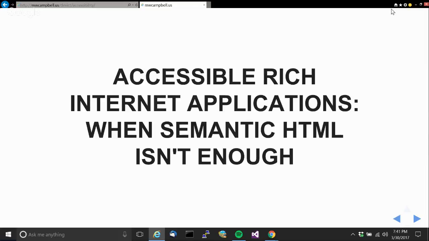Oh, right. ARIA, Accessible Rich Internet Applications. Web development has come a long way since when all we had were the handful of HTML form controls. You've got JavaScript frameworks implementing all sorts of widgets, and how are those made accessible?